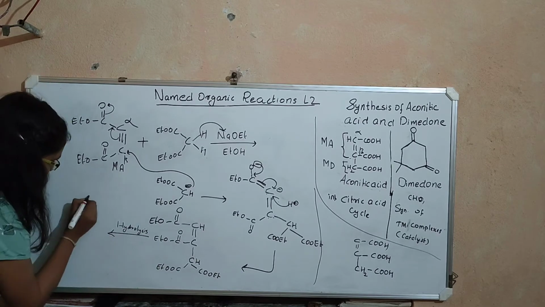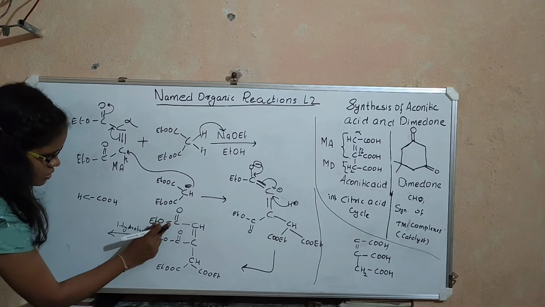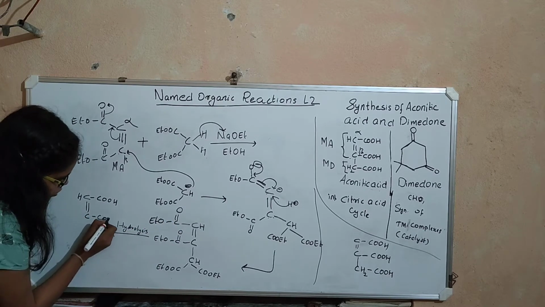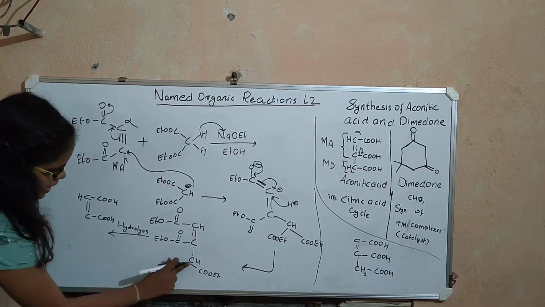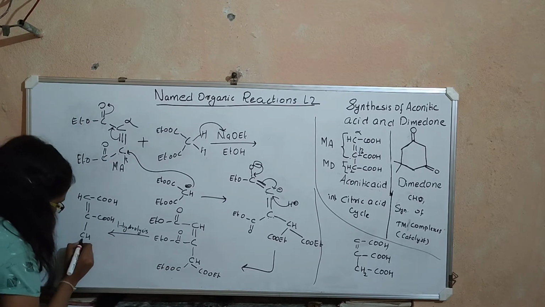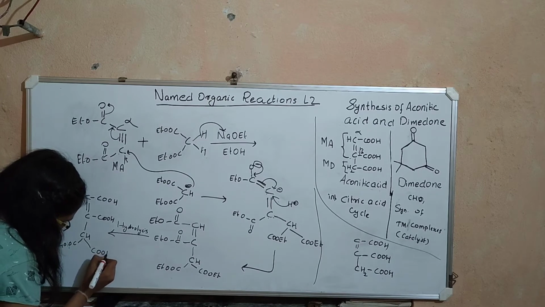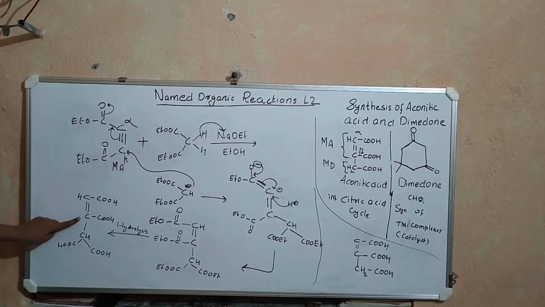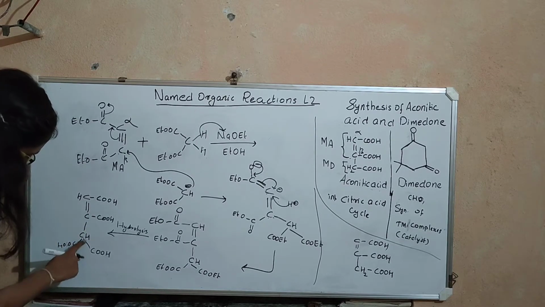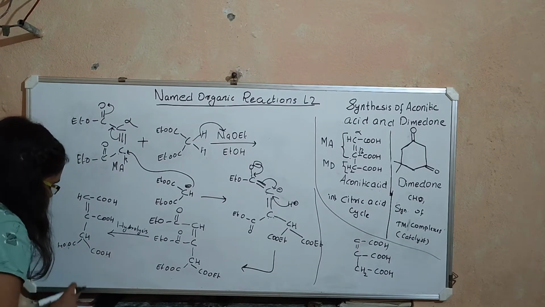On hydrolysis, you get this CH, you have acid on this carbon, double bond C, you have COOH after hydrolysis, and here you have CH, and on this carbon you will get two acid groups, right? Yeah, all the bonds are satisfied. Okay, 1, 2, 3, 4. Yeah, right. So how do you remove carbon dioxide from this group?